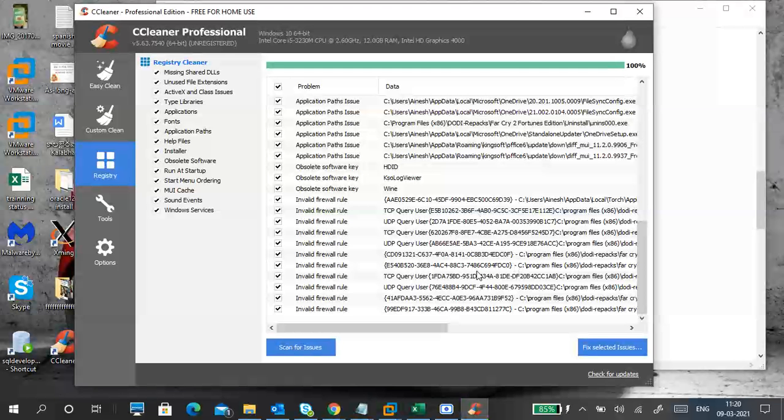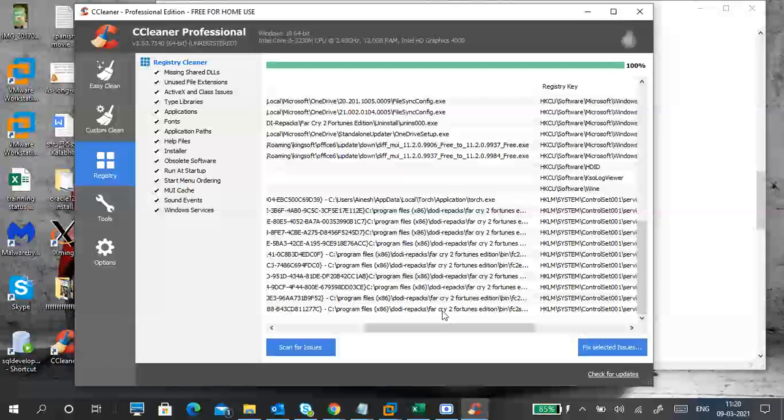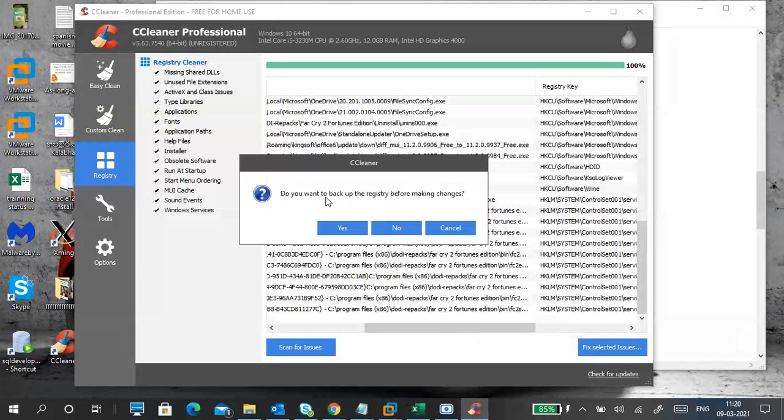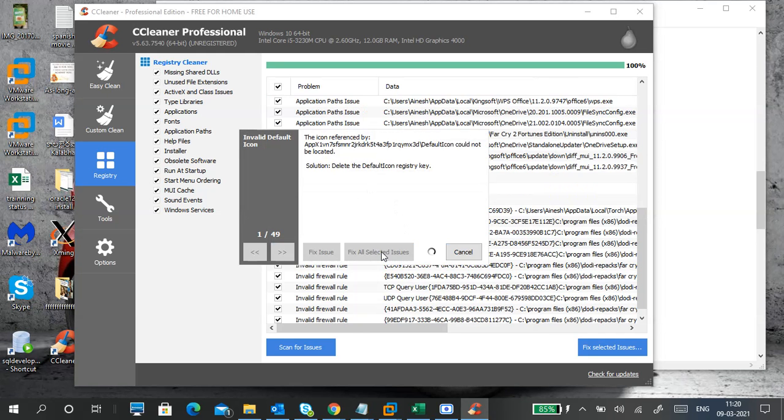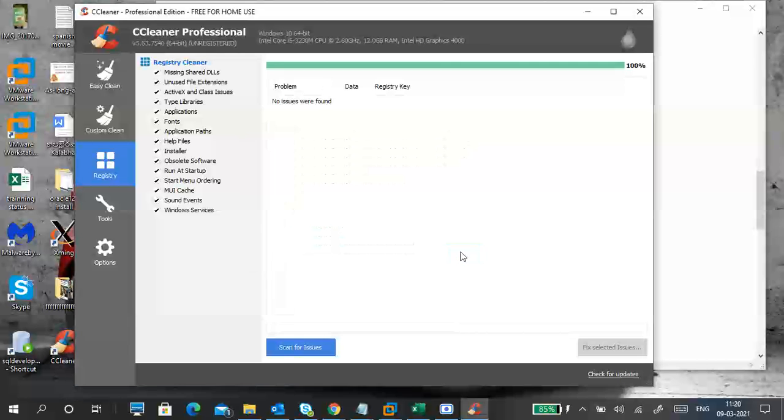These are links here, the firewall rules related to that. When you try to fix selected items, it asks, do you want to backup? Yes, you have to back up the registry, but I'm not doing it now. Again, if you scan, you may get one or two things again. So it will happen.